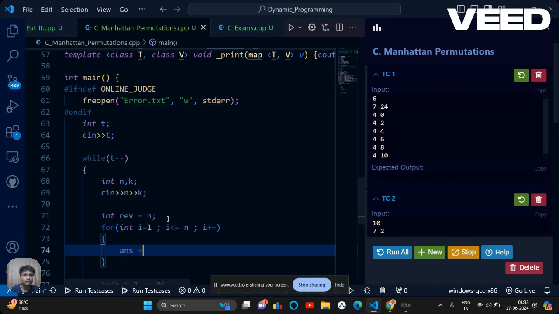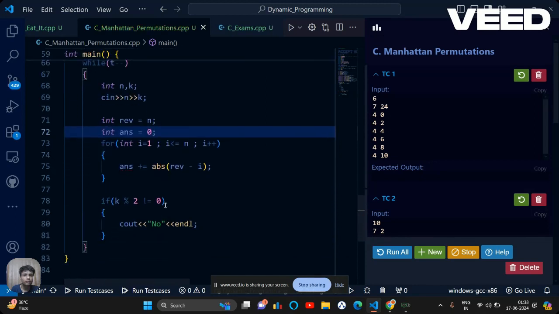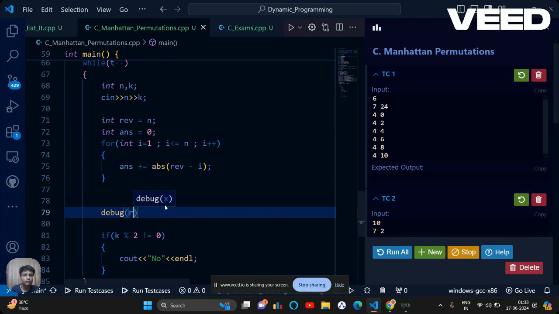Basically, let's say answer plus equals the absolute value of the difference. Let's say int answer equals 0. So this will give me the maximum value a permutation can have. Let me first check if I'm getting the correct value by printing answer.